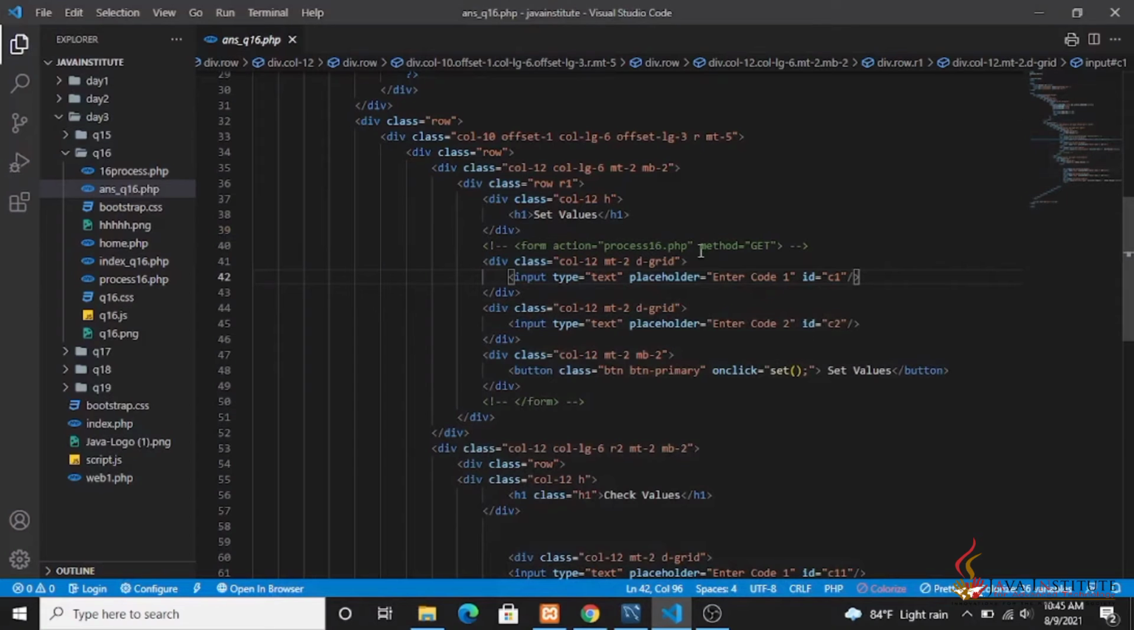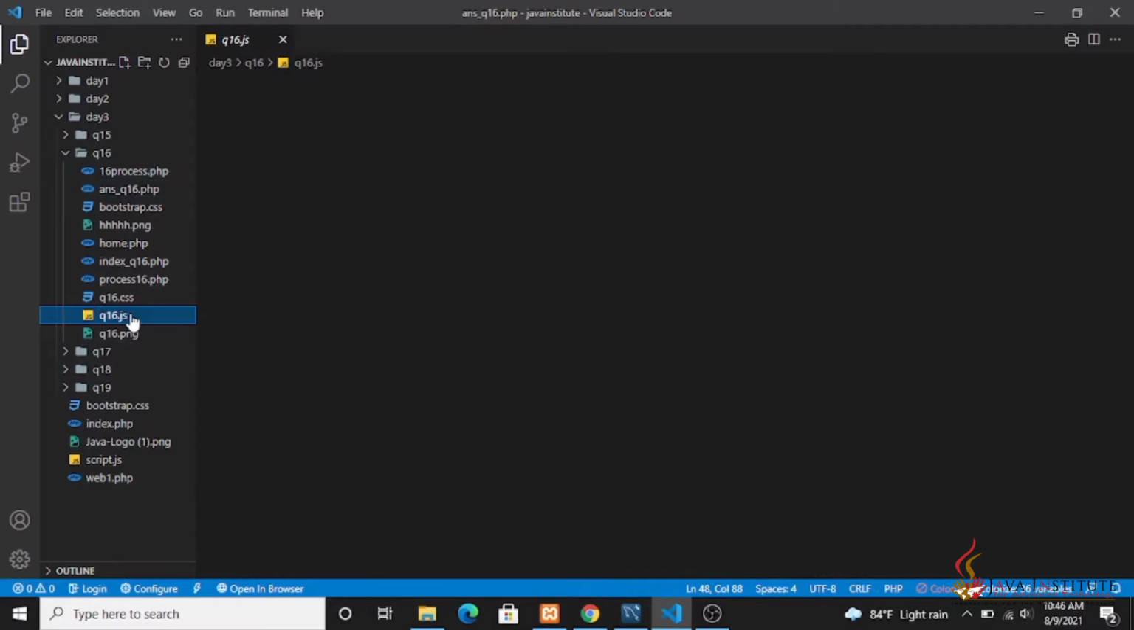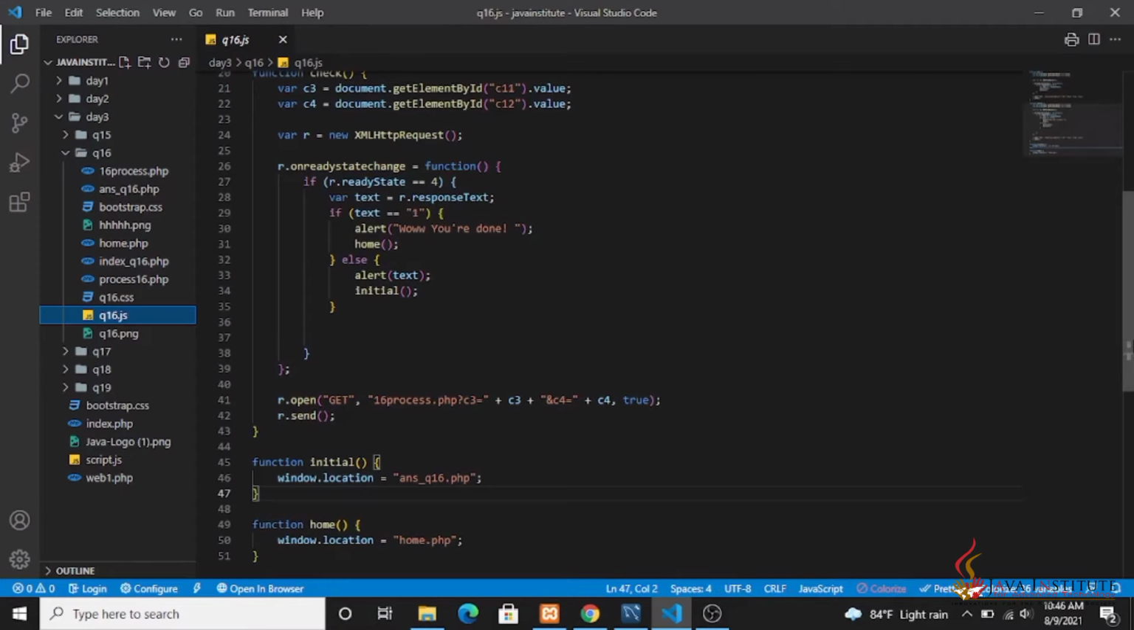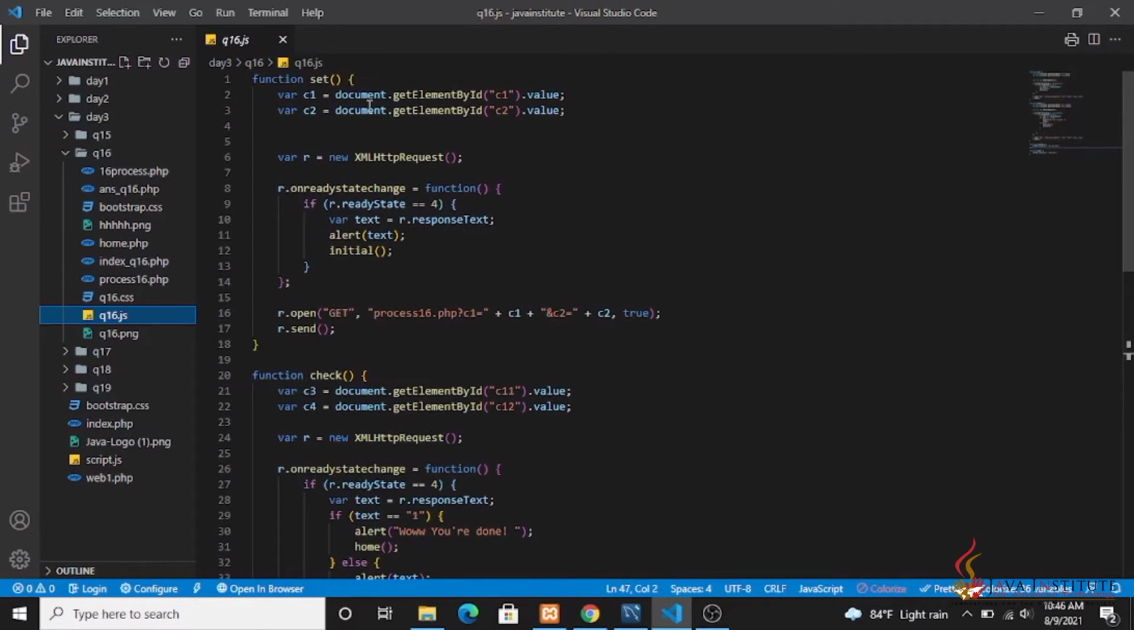And first of all, I have set two IDs here for these two input fields that I am using for entering the code 1 and code 2. And after that, I have set an on-click function to this button, set values, and when I am clicking this button, the set function is called, and you can see the set function here, and within that the two values have been gained. And by creating an Ajax object,